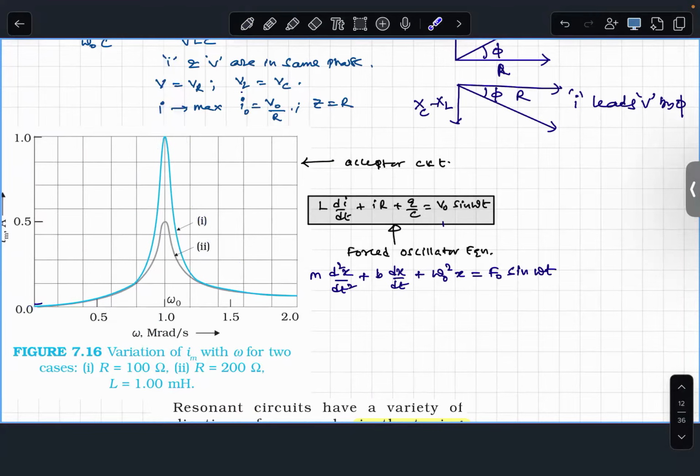That's how it becomes. Remember, this is a graph. You are studying I as a function of omega. Okay, so in 1 minute, in damped oscillations,